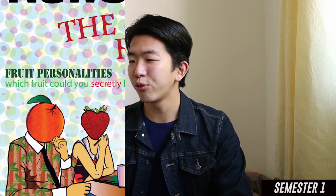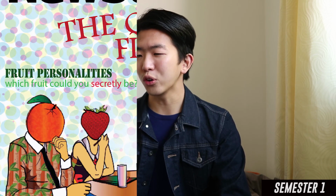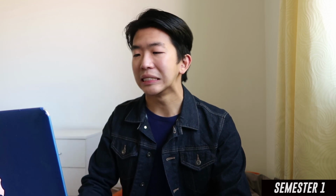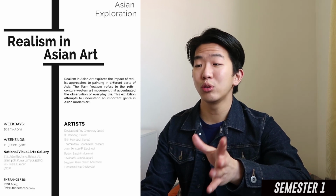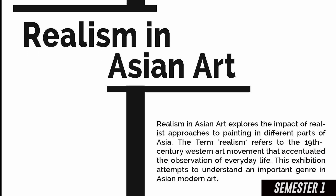So this one again required us to use Adobe Illustrator only, and play with this template for the magazine cover. What was my topic? Fruit personalities. Which fruit could you secretly be? I don't know. Oh, I have to say I at least did the gradients of the fruits. They look quite nice. Okay, so this one is typography, and we had to use fonts to create a sort of layout for this,